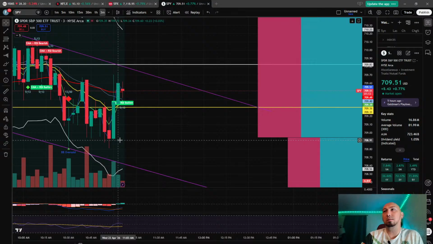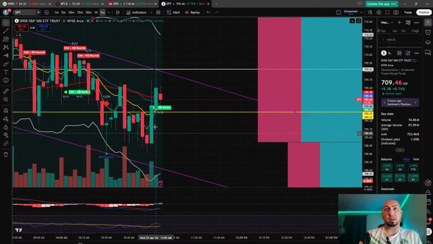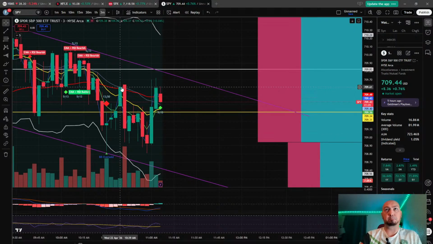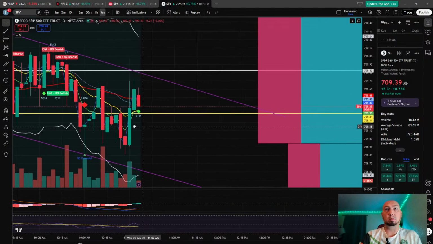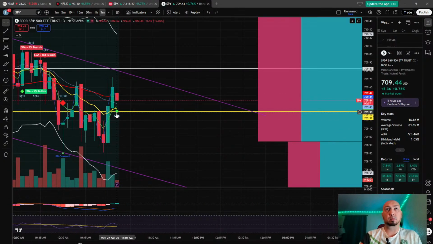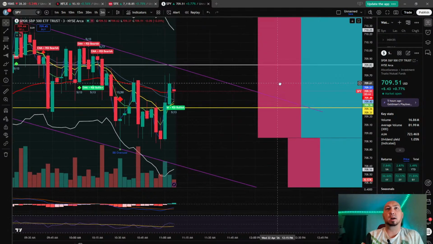709.63. There's a 70 cent move from here to here, but that's way too long for 0DTE. I mean, this one would be nice. That was good, and up was good. Just, it's really choppy for me. That would be really hard to play, I feel like. 5/13. So we have a potential for more upper movement back into this larger volume profile.